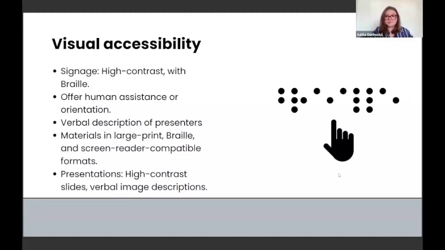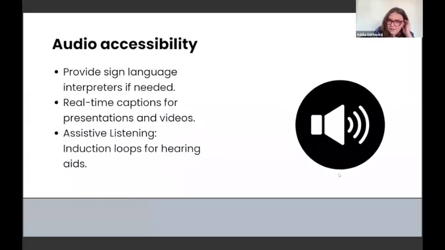So for audio accessibility, providing sign language interpreters is important for those who are living with hearing impairment. Also, you can provide real-time captions for presentations and videos, so you can ensure that everyone can access the spoken content. For those using hearing aids, this was mentioned here as well, induction loops are used very often, also known